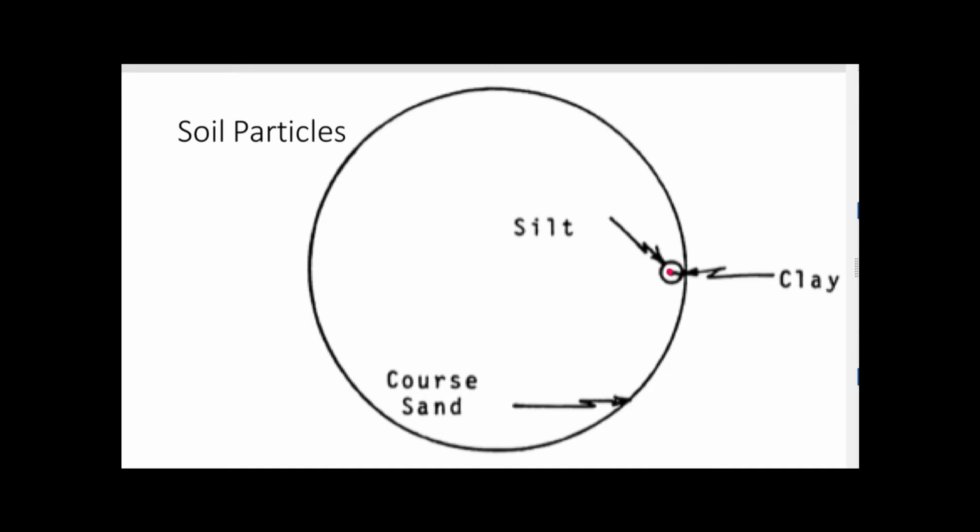Okay, so coarse sand is this big circle, and then silt is that little tinier circle, and then clay is like that dot. That's the size of each of those relative to each other. Okay, so there are some important things we need to know